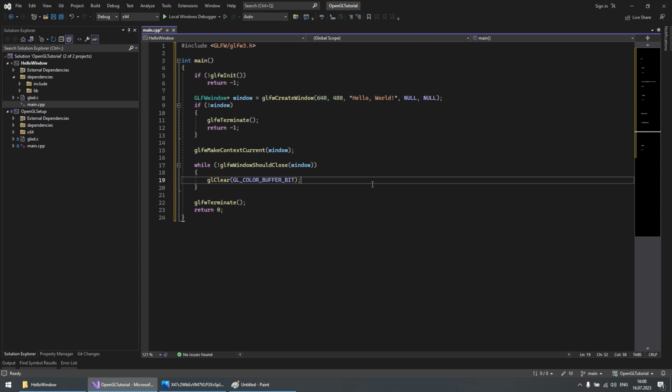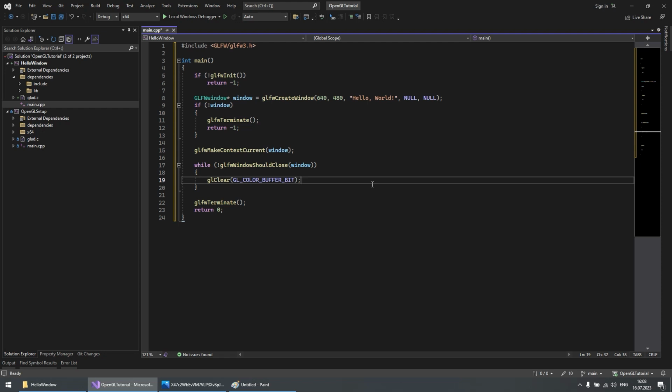In OpenGL, the frame buffer is an area of memory that holds the color, depth, and stencil information for a rendering target. The color buffer is a component of the frame buffer that stores the final color values for each pixel on the screen.